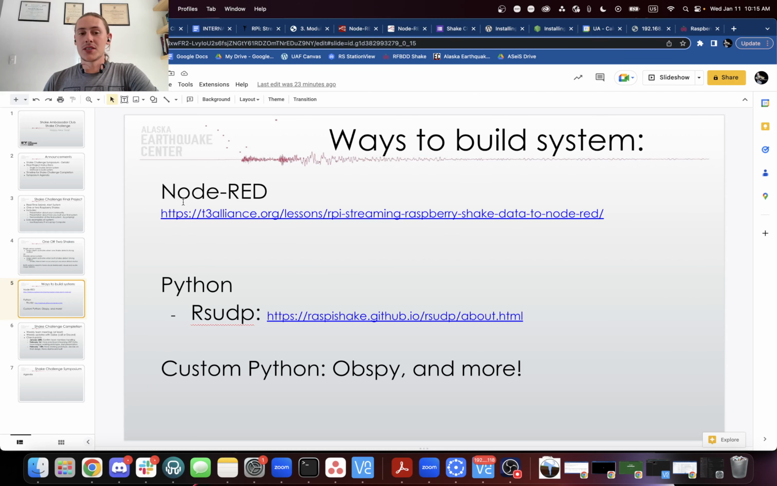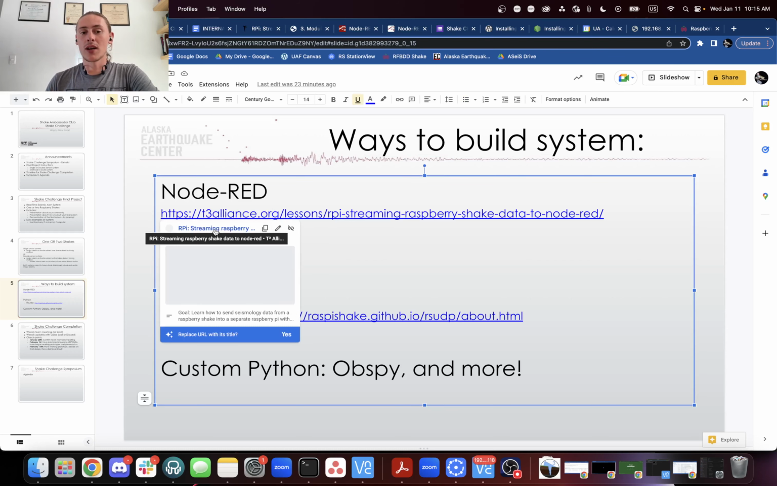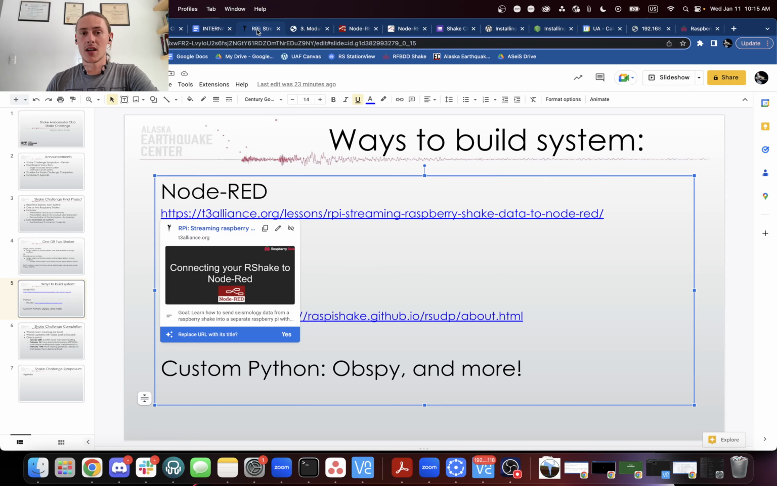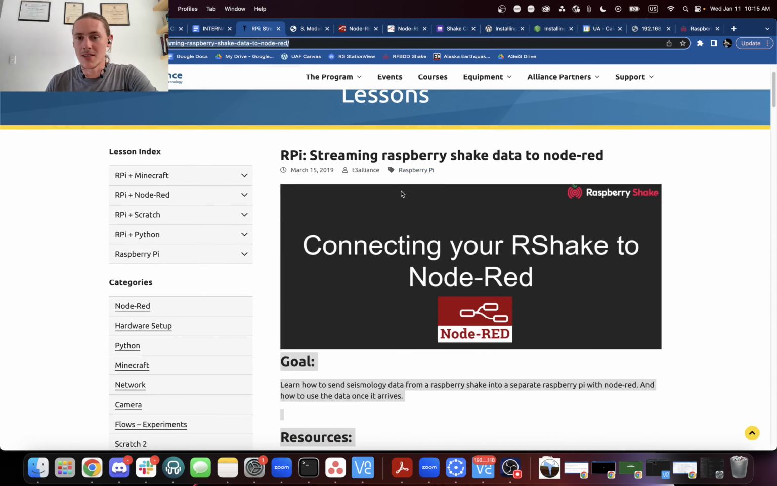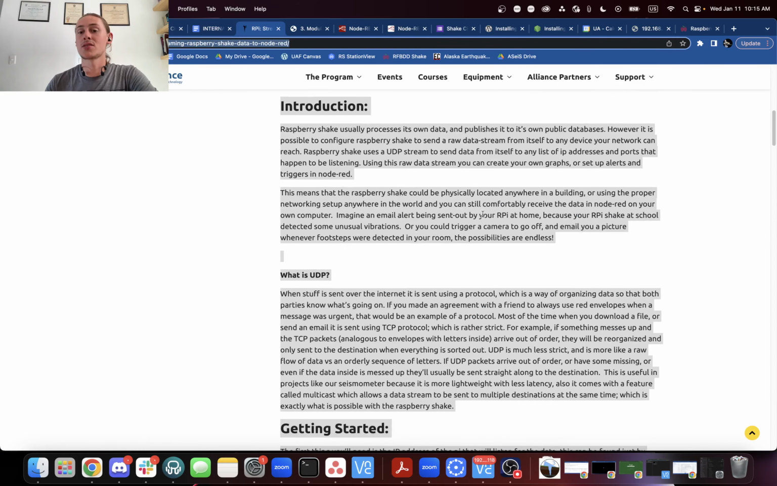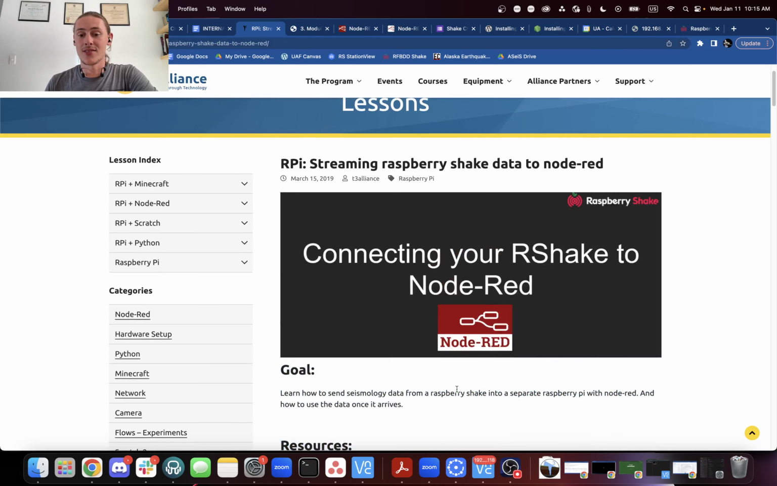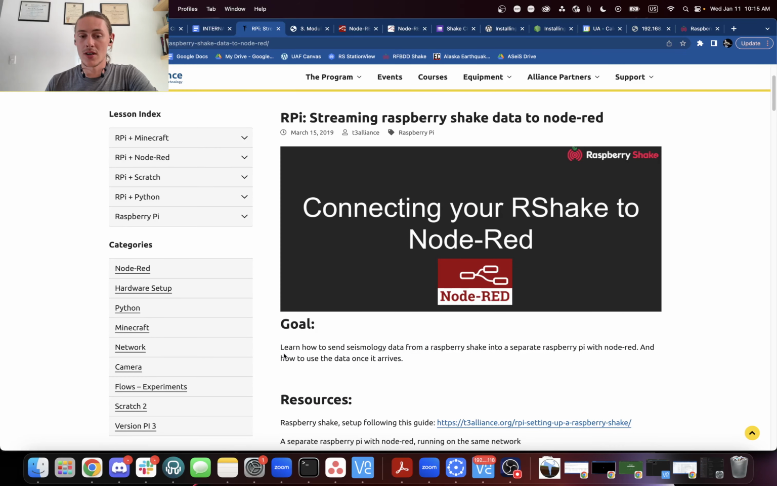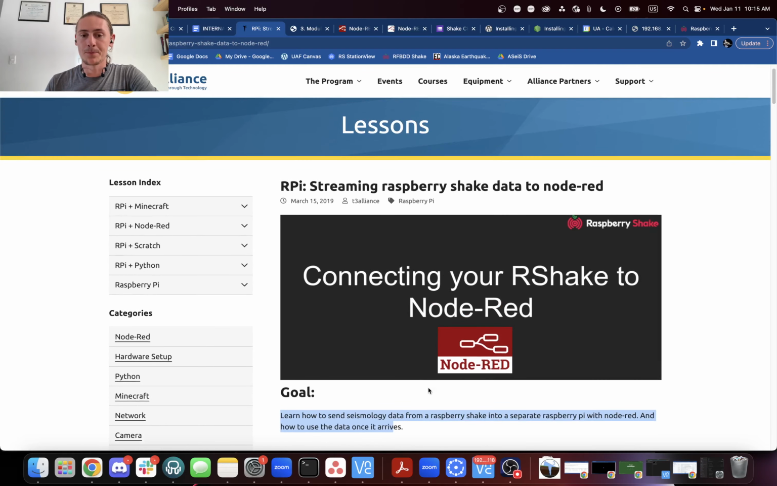The ways you can build the system, there are a few ways. One is with a Node-RED program. Many of you are familiar with Node-RED. There are some really great tutorials that talk about how to stream Raspberry Shake data to Node-RED. This stuff is also in the Canvas course if you're in that. But pretty much what you do there is you figure out what your IP address is,